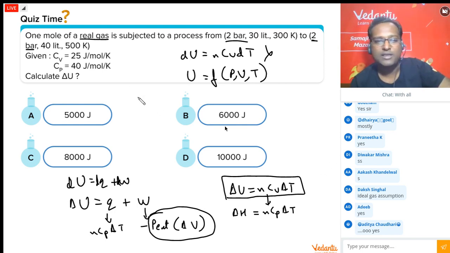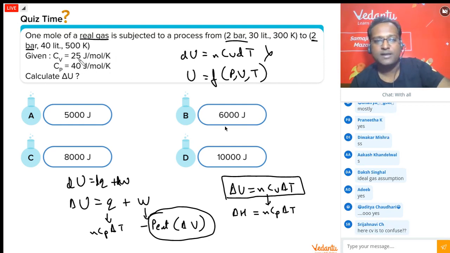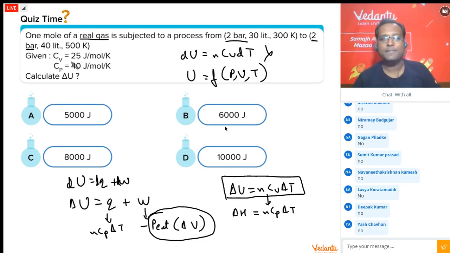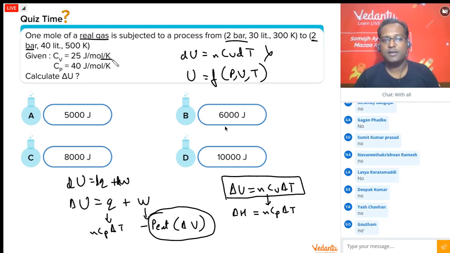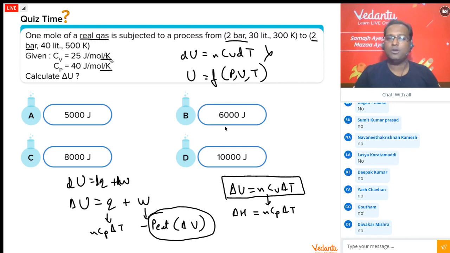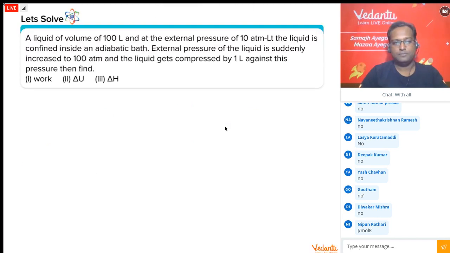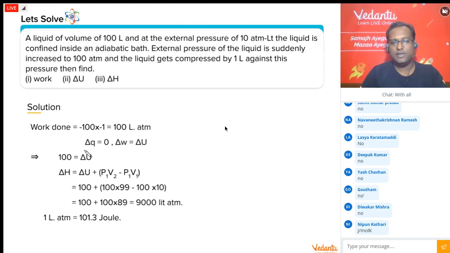Okay, now tell me one thing. Is this written correctly? Yes, Cv is given to confuse you so that you would immediately mark A. This is definitely not written correctly because it should not have been per Kelvin, it should be per mole Kelvin. Exactly. Now, in many questions, the solutions have used it like this. You be smart, don't end up doing the same mistake that they are doing.